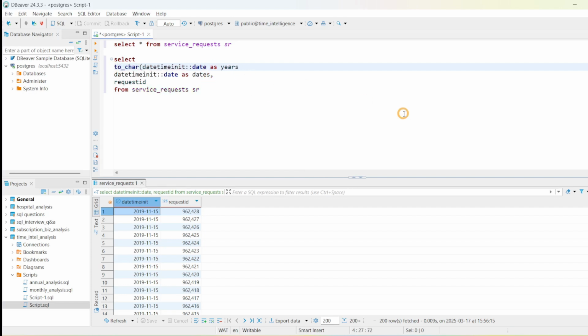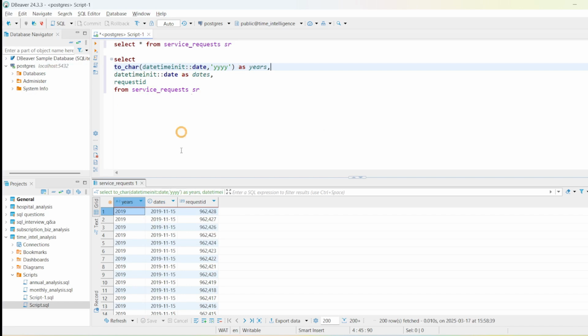And we're going to say that this date that we have gotten before, we want to convert it to some text, and that text is going to be the year. So it's going to pull out the year from the date and give it to me that way. We're going to have a comma here to separate it from the other columns. I'm going to hit this, so you can see that I've got a column that is just for